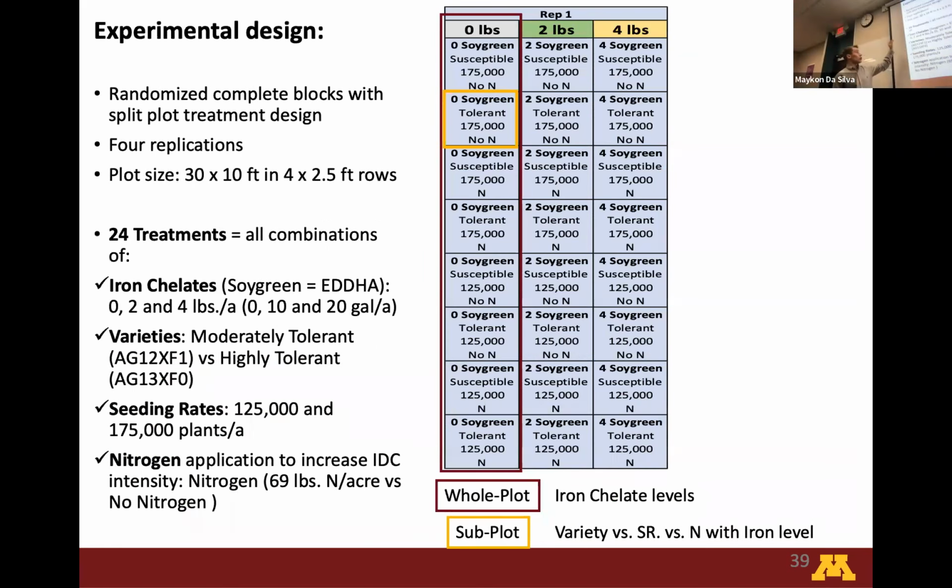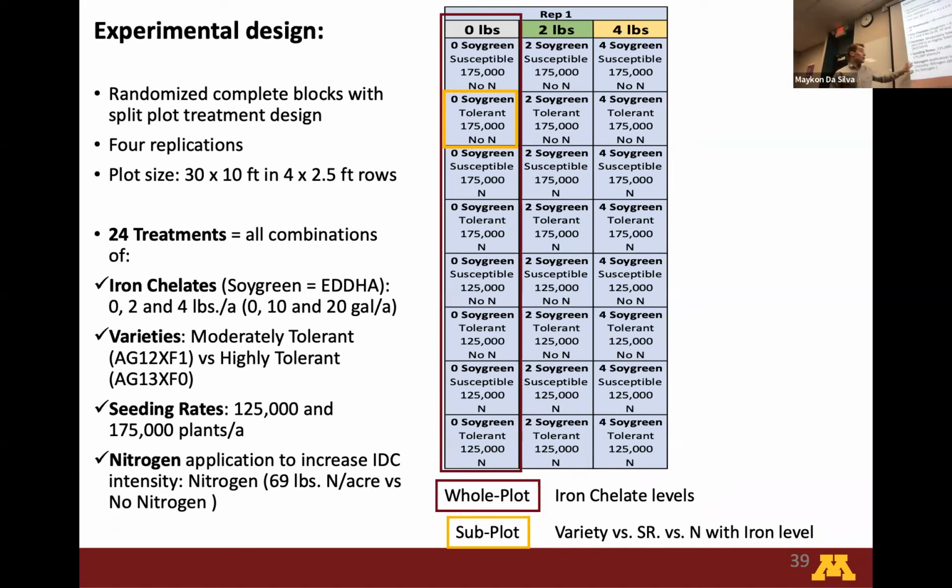And we'll test in total 24 treatments, representing the combination of all 4 main factors and their levels. So 3 levels of iron chelates, 0, 2, and 4 pounds of soybean per acre. As I mentioned before, soybean is an EDDHA form of iron chelate, and this is a very thick liquid that we mix with water, and so we end up applying 0, 10, and 20 gallons of this mixture, soybean plus water, per acre. 2 varieties, a moderately tolerant and a highly tolerant variety, 2 seeding rates, 125 and 175,000 plants per acre,